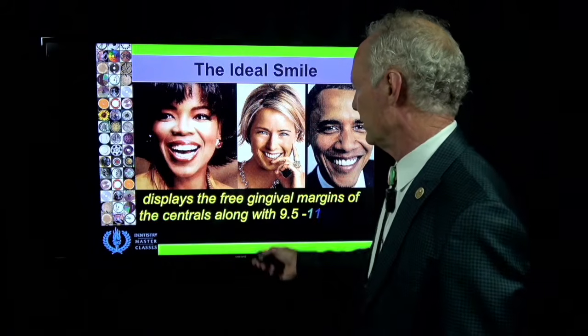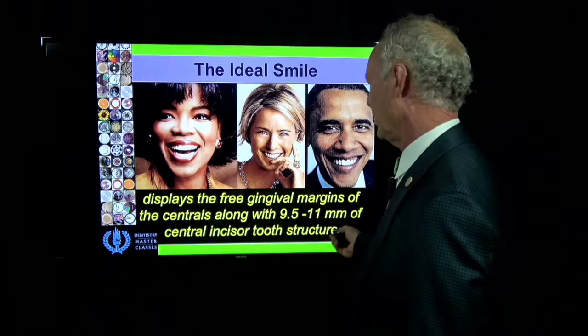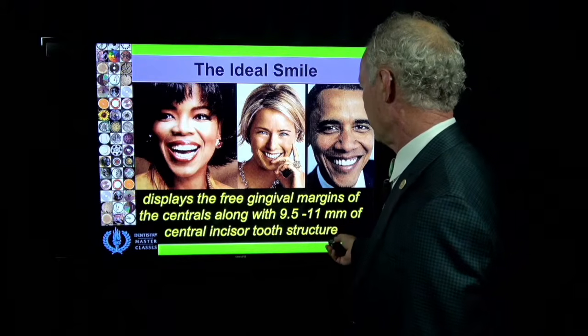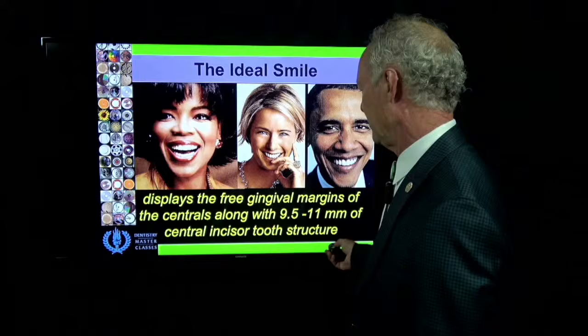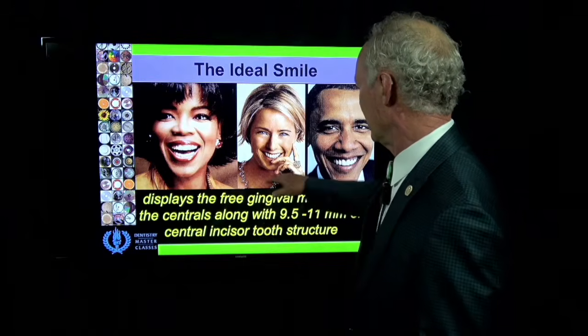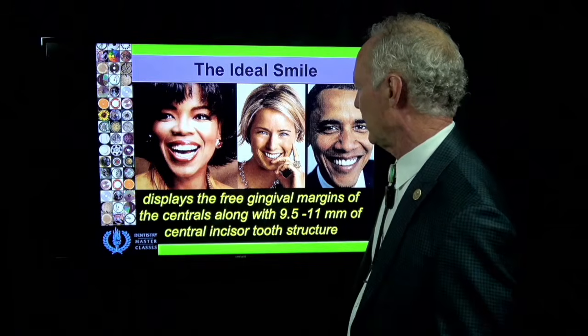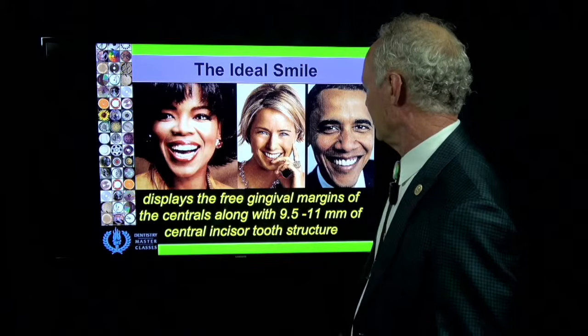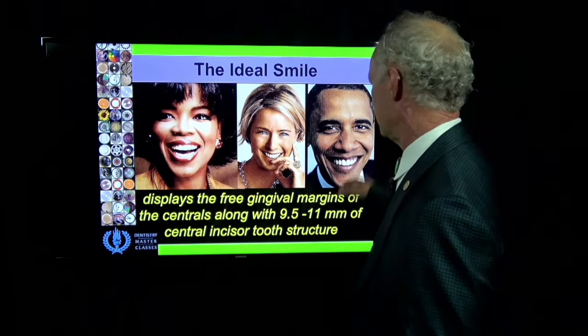The ideal smile displays the free gingival margins of the centrals along with 9.5 to 11 millimeters of central incisor tooth structure. So in a perfect world, when a person smiles, you see the entire tooth and maybe some gingival